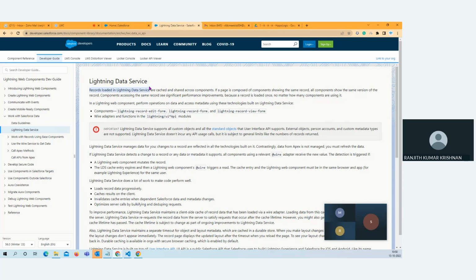Records loaded in Lightning Data Service are cached and shared across the components. For example,